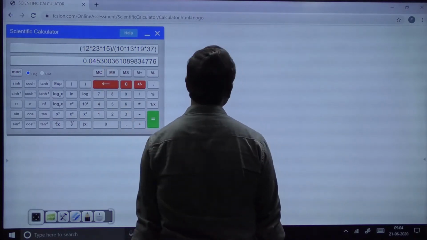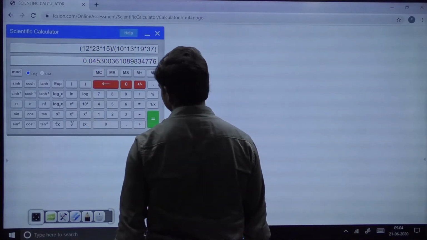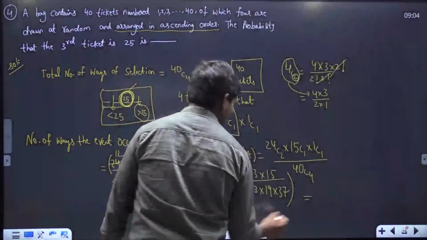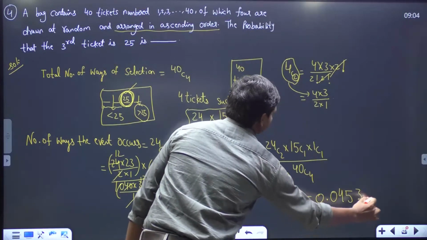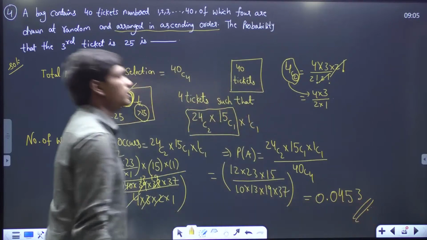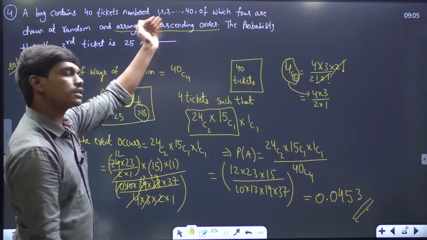You see 0.045, which many of you mentioned, so 0.0453. So this is equal to 0.0453, the total probability that you can make a selection from these 40 tickets such that this condition gets